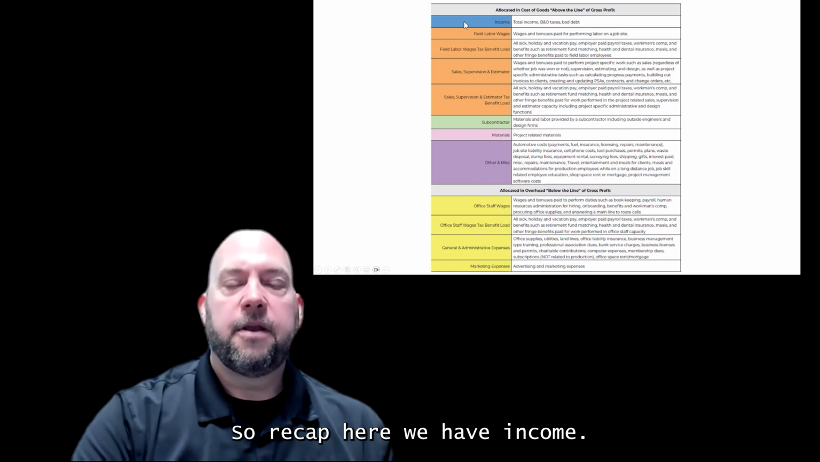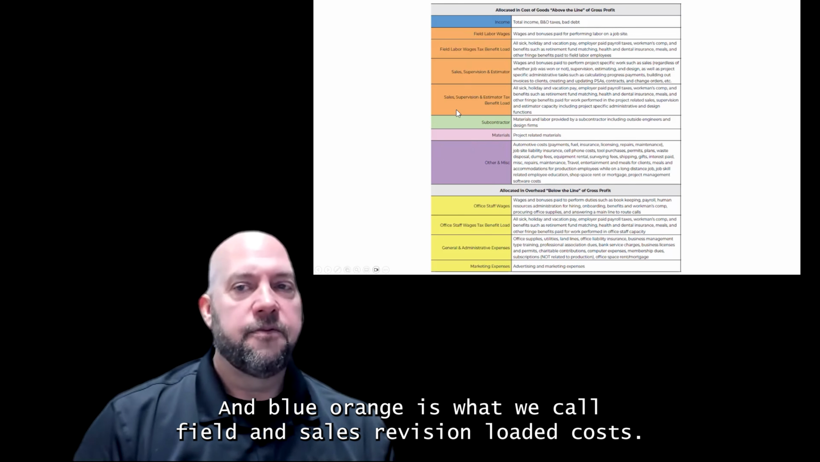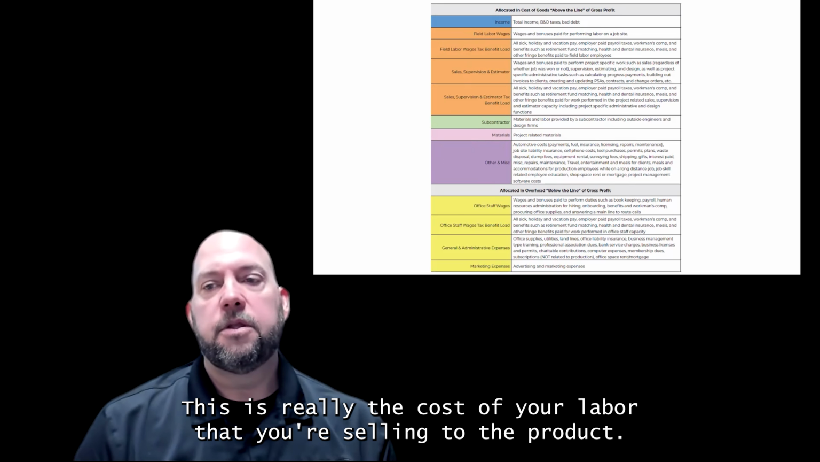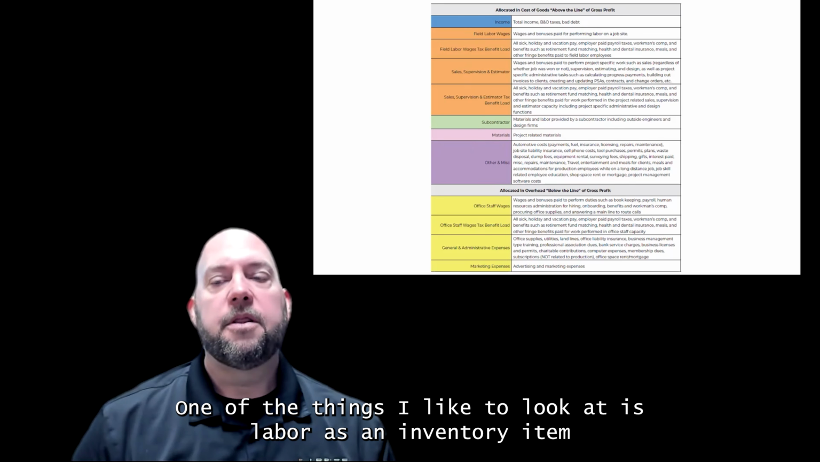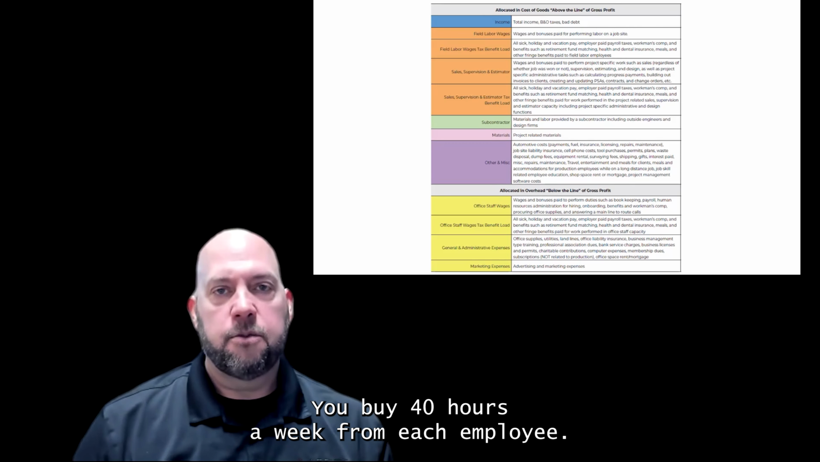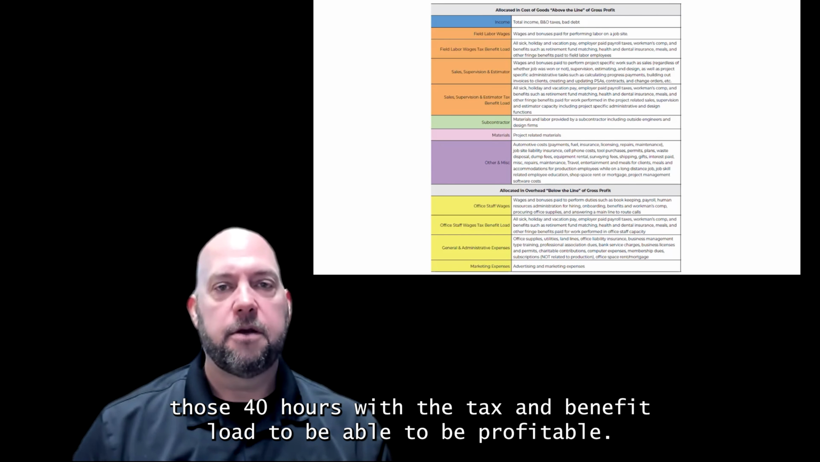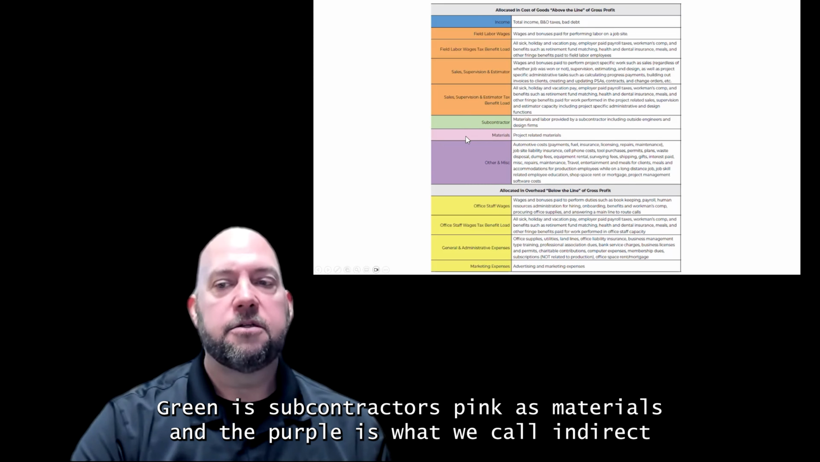So recap here, we have income in blue. Orange is what we call field and sales supervision loaded costs with the tax and benefit load. This is really the cost of your labor that you're selling to the project. One of the things I like to look at is labor as an inventory item instead of just as a bulk that we're buying. All right, you buy 40 hours a week from each employee. You need to make sure you're selling those 40 hours with the tax and benefit load to be able to be profitable. Then orange is labor costs with the tax and benefit load, green is subcontractors, pink is materials,